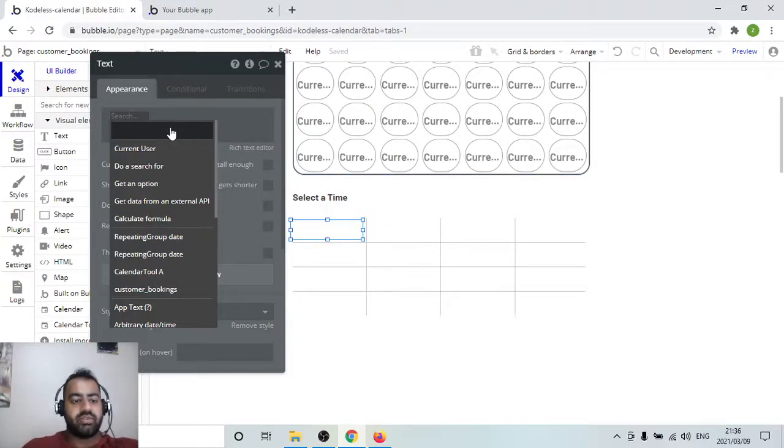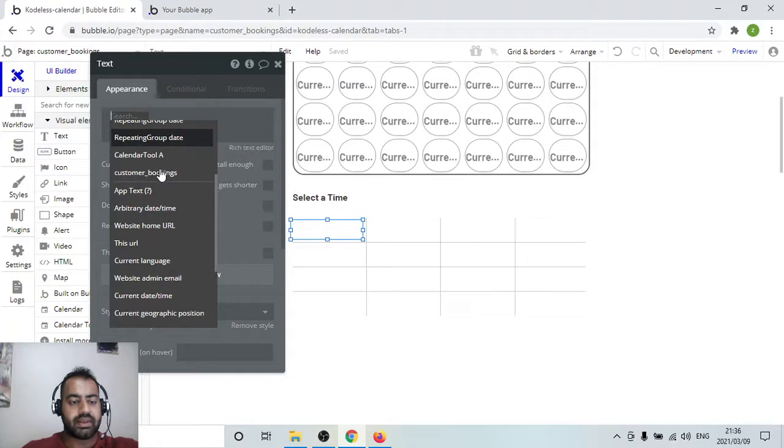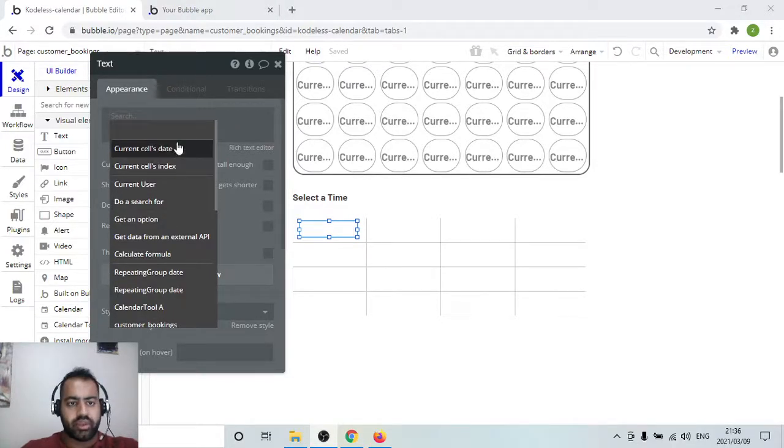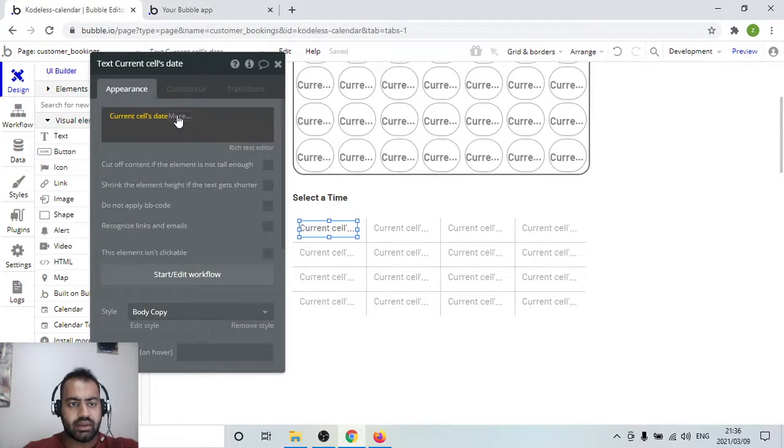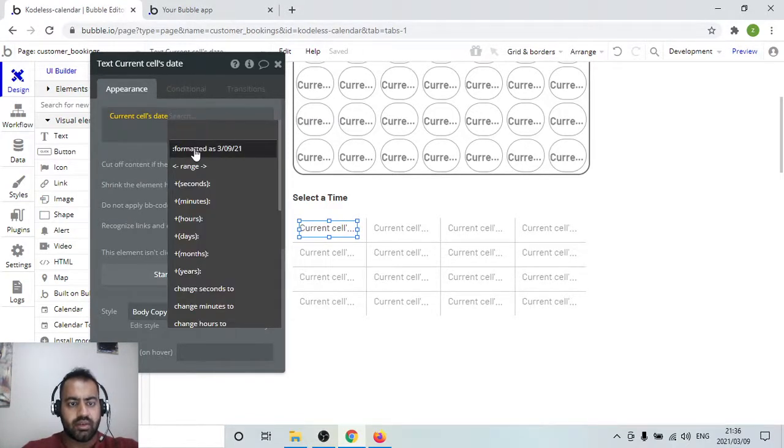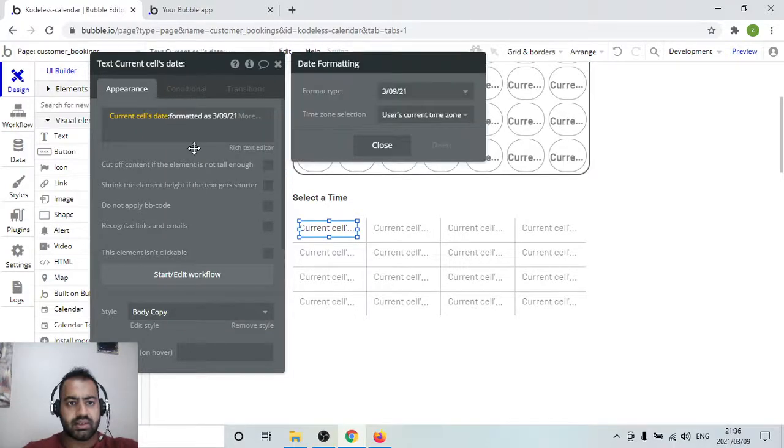So it's going to be current cell's date formatted as